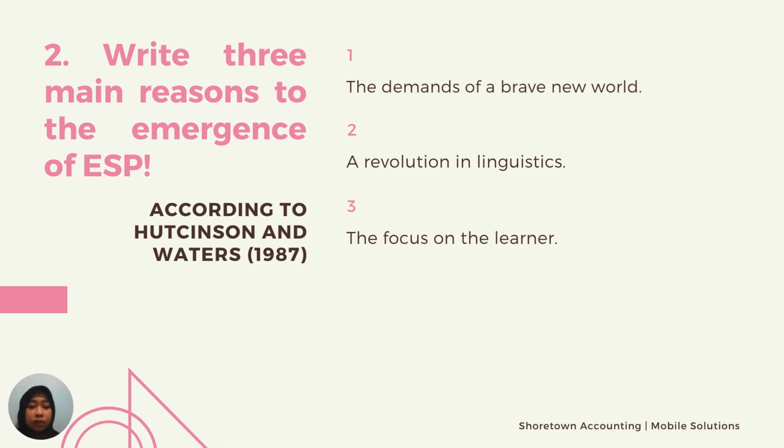According to Hutchinson and Waters in 1987, there are 3 main reasons for the emergence of ESP. The first is the demands of a brave new world, the second, a revolution in linguistics, and the third, the last, the focus on the learner. And the next,